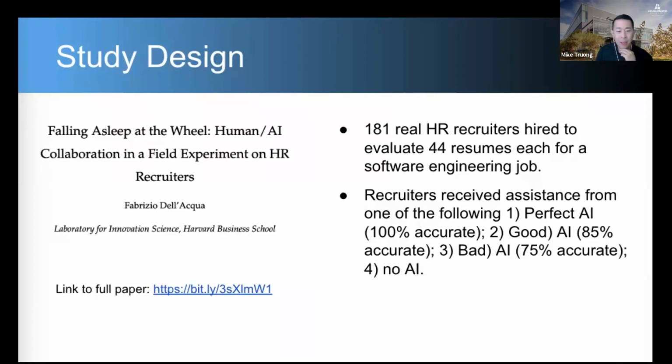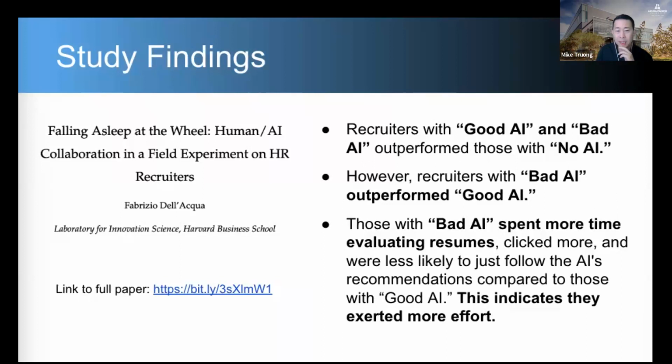And here's what they found. Recruiters with good AI and bad AI, even though it's bad, still outperform those with no AI. Again, this confirms the other study that we looked at last session, that people using AI outperform those who didn't use AI. However, recruiters with the bad AI outperform those with the good AI, which is an interesting phenomenon, meaning those who had the not so good AI that gave answers that were kind of funny or that didn't seem right,